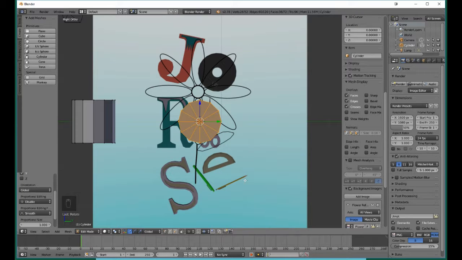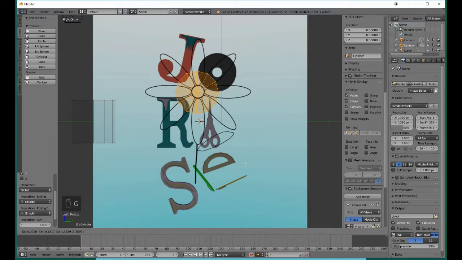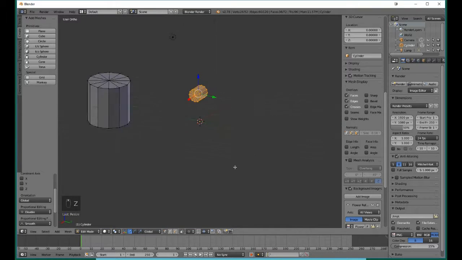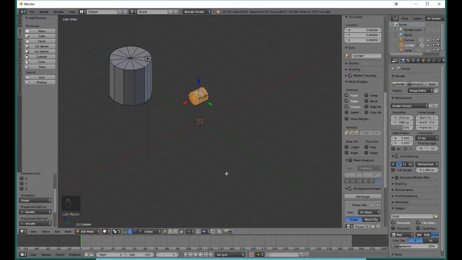So we need to hit the Z key to go into wireframe so we can see the background image behind what we're working with. So let's drag this up all the way to the middle. And this will be our center little portion. So let's scale it down. And if we go into shaded mode again,